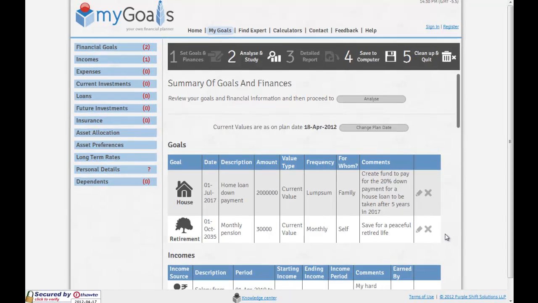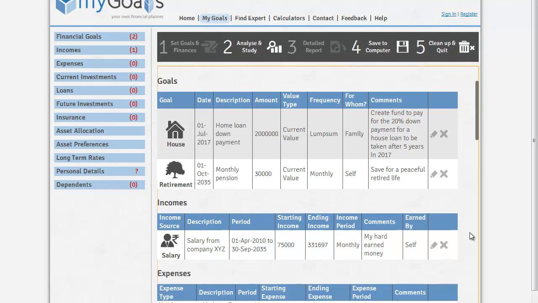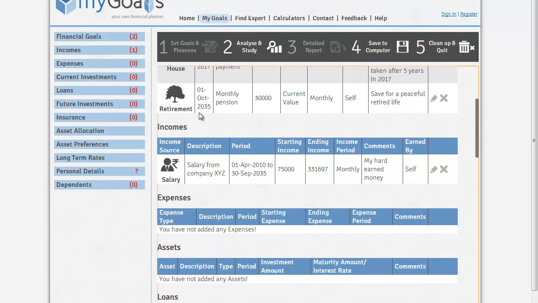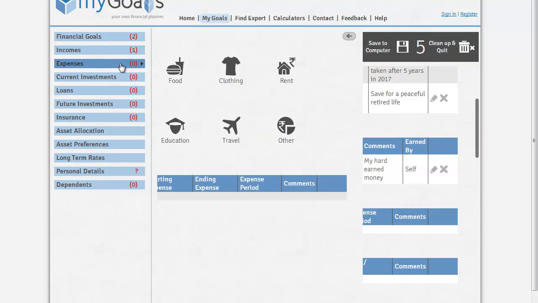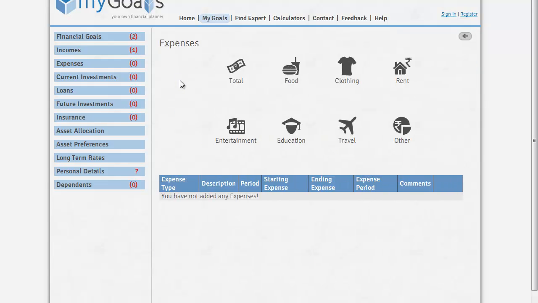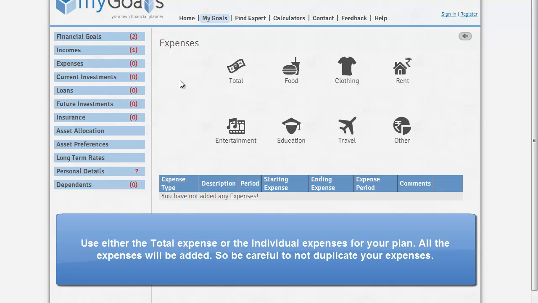Next, we will add some expenses that you normally have. Currently there are no expenses added. We are in stage 1 where we set goals and collect our financial information. When you click on the expenses tab, the panel gives you common options of where you would spend your